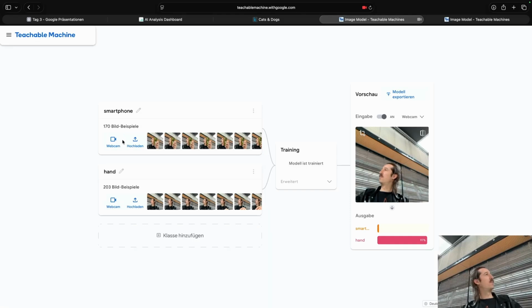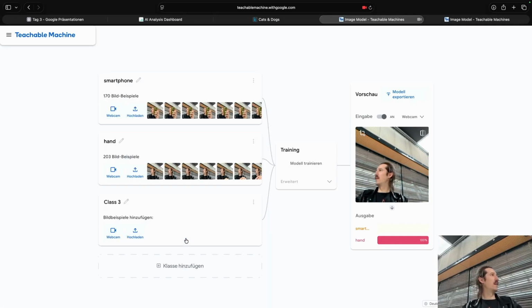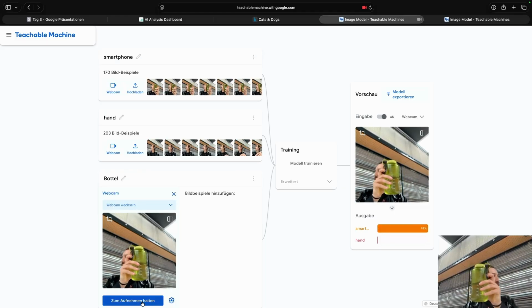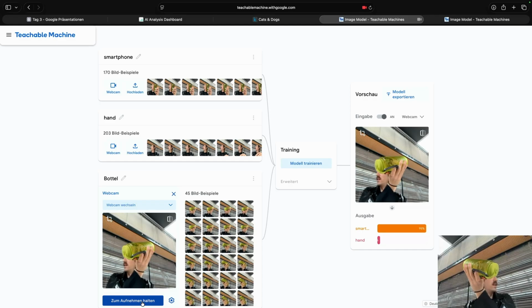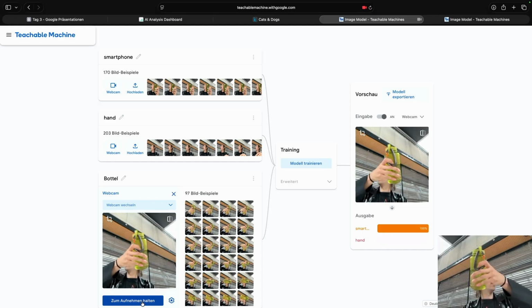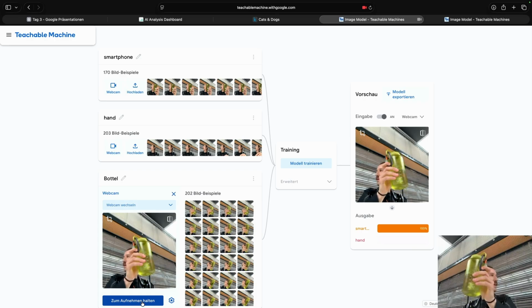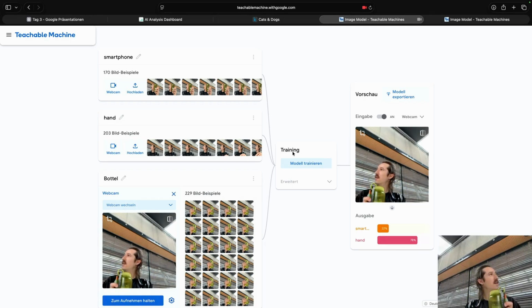So I think this one is pretty good. Of course, we can also add another class here. Take this one, and then I'm going to take this one quickly as well. It's maybe more stable, so the more rotation and angles and different sides we show it, the better it gets.